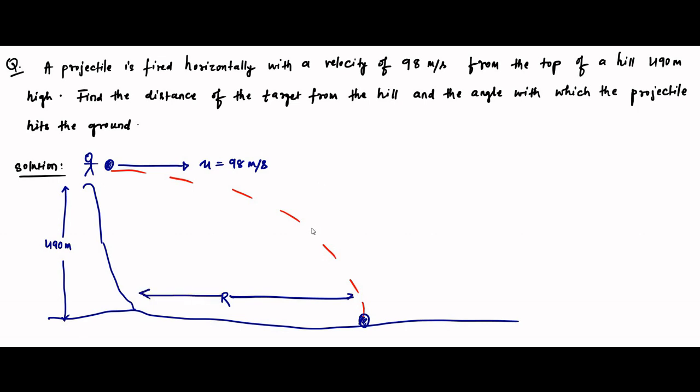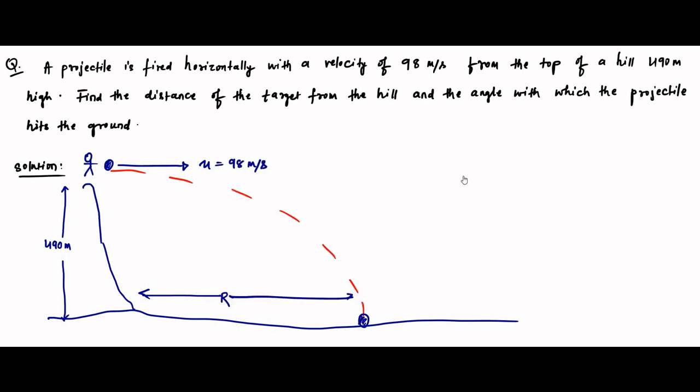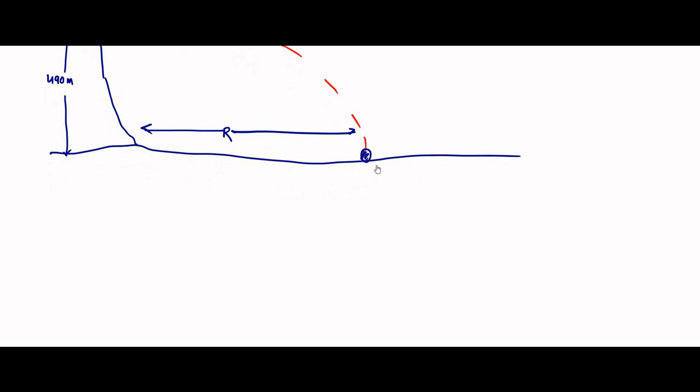And the angle with which the projectile strikes the ground. Suppose here the point of impact is here. So the projectile's final velocity will be something like this,